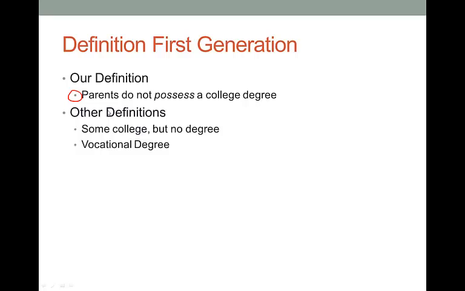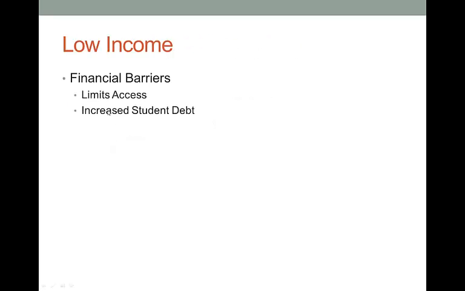So what does it mean for low-income students in their college experience? Well, the first and most obvious one are financial barriers. Being a low-income student can limit access to certain things. It can limit access to the type of institution if there aren't scholarships or financial aid. It can limit access to different types of activities such as unpaid internships, and it can lead to increased student debt when students don't make smart decisions in terms of the type of institution they want to attend. And that's a real big issue right now in terms of student debt and low-income students.